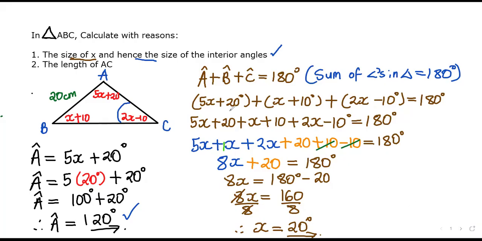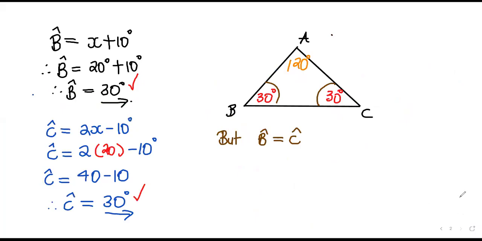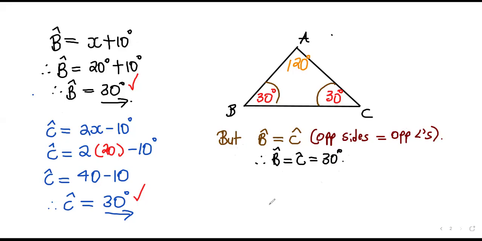And then since they want us to calculate the length of AC, which is this side right here, it means to say what do you need to do? You're just going to say but angle B is equals to angle C. Why am I saying angle B is equals to angle C? Remember, as we are dealing with Euclidean geometry, each and every statement should be accompanied by the reason. So this is opposite sides equals opposite angles to get to see that. And then after writing that, it means to say this is one and the same thing with you saying angle B, it's equals to angle C, it's equals to 30 degrees. This basically means to say each and every angle right there is 30 degrees